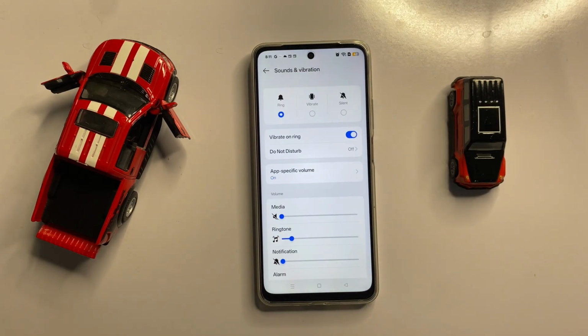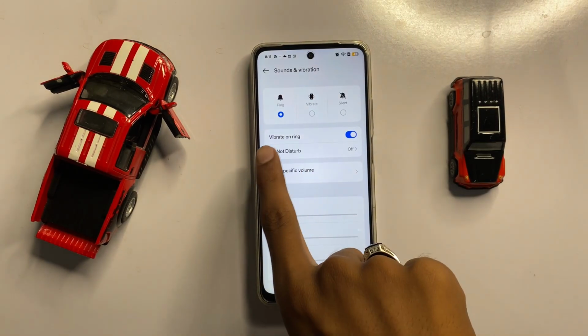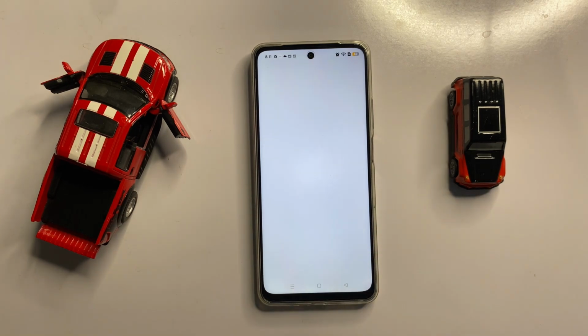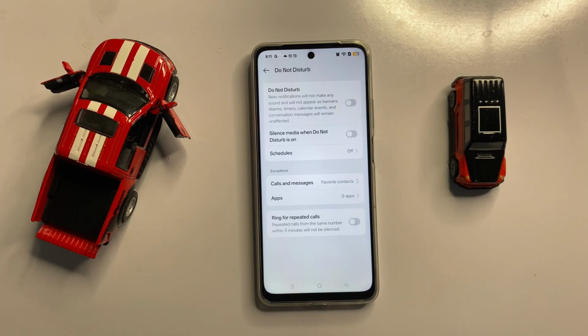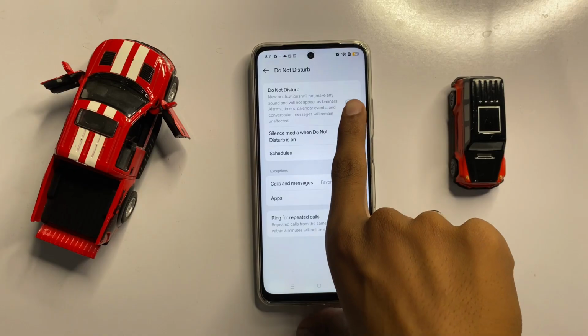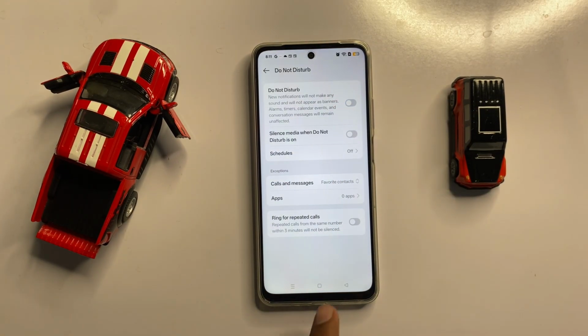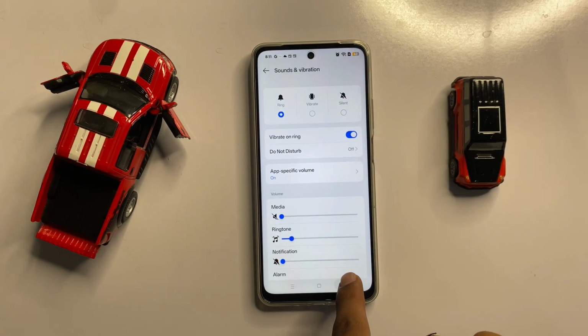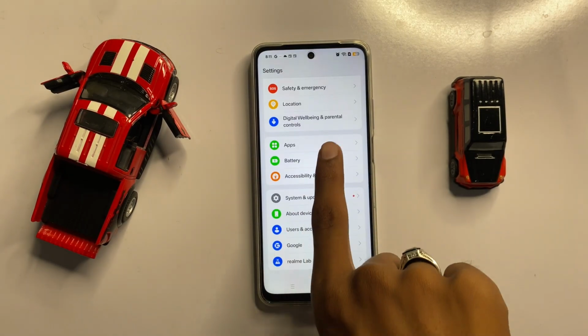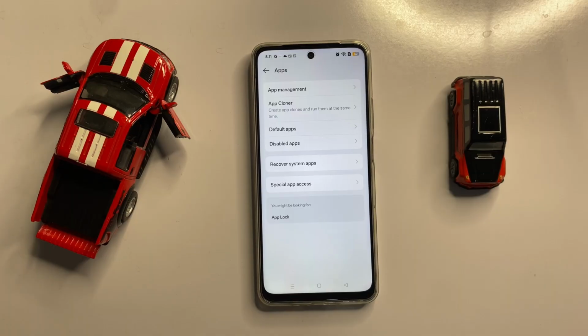Now click on it and then click on do not disturb. Now here you can check your do not disturb. If you turn on your do not disturb, then turn it off. After turning off your do not disturb, then go back and scroll down and click on apps and then click